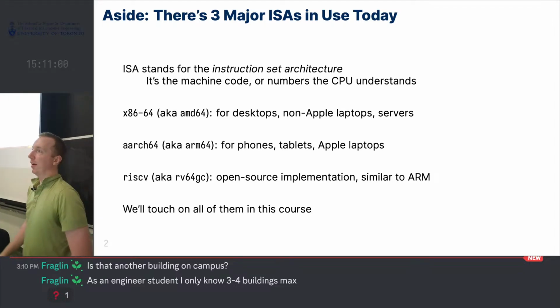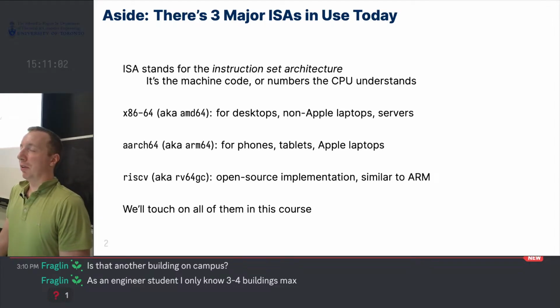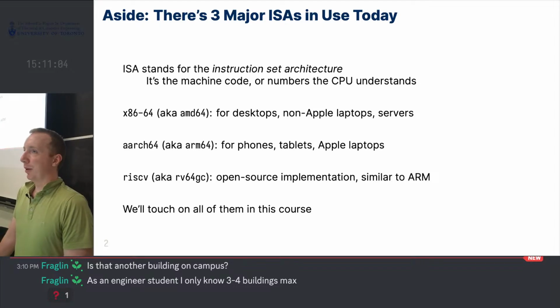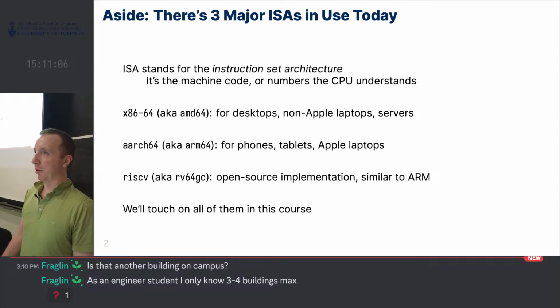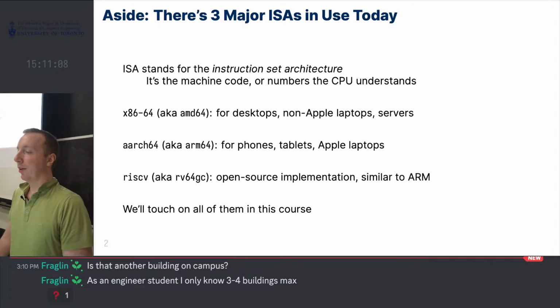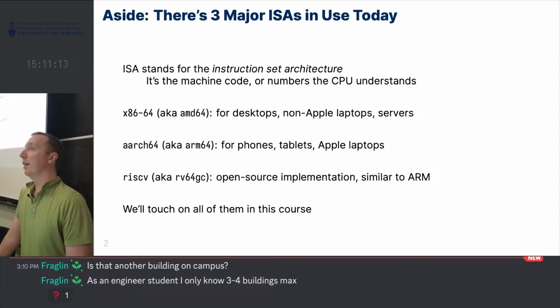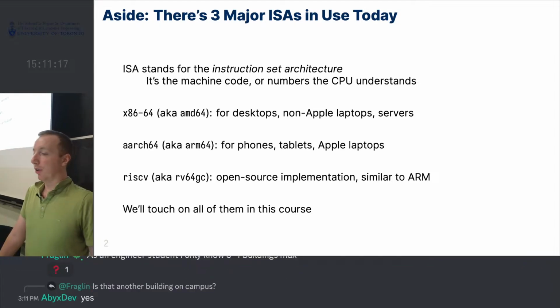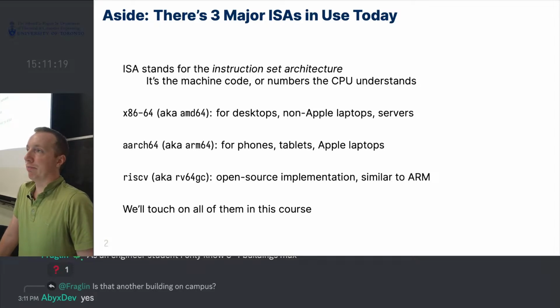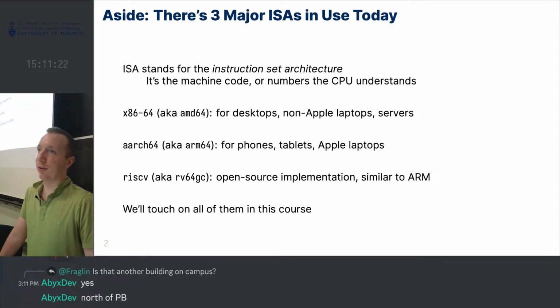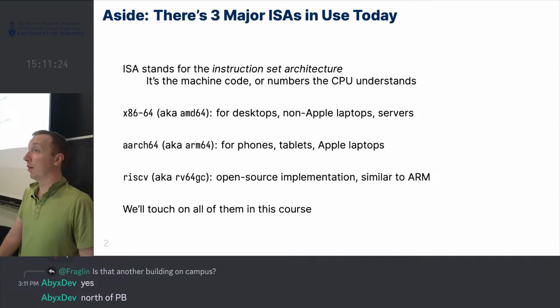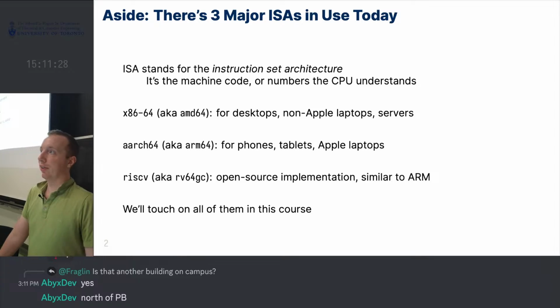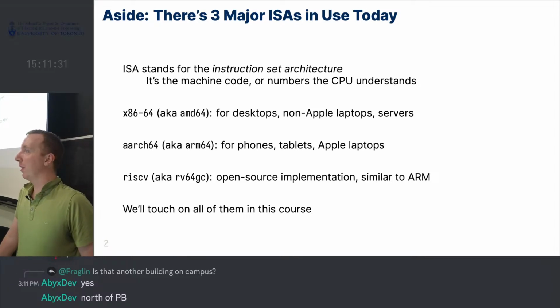So as a first aside, you don't really have to know this, but it might help you whenever you look at stuff and try to understand it. There are three major ISAs, or instruction set architectures, today. You'll probably touch all three of them at some point in your life. It's machine code, or numbers the CPU understands. Your assembly code is really close to this. It's just a human representation of machine code, so you can read it a bit better,